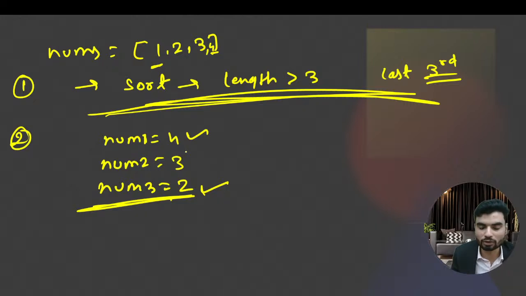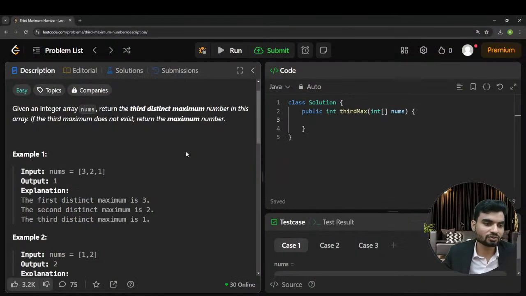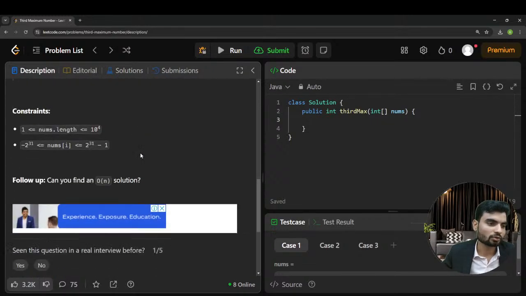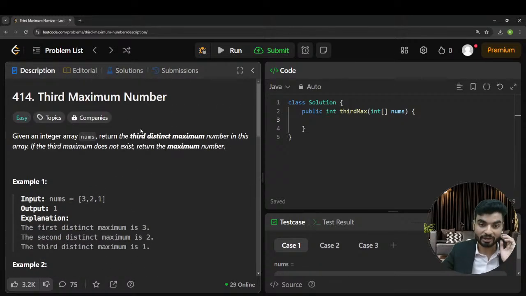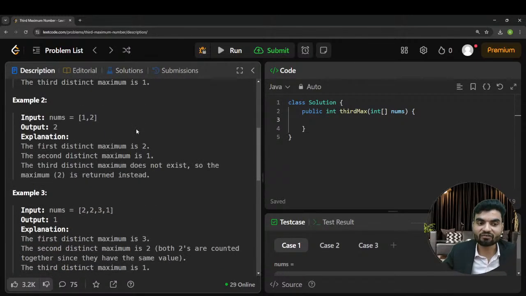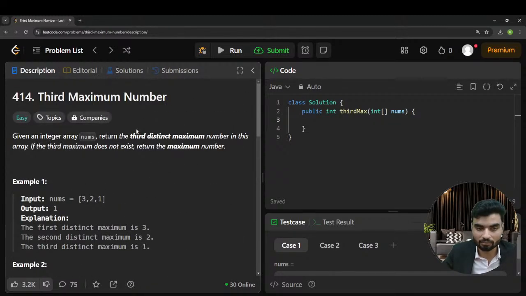Right? But how can we do this? Again, if we look at the constraints, go to the bottom, you'll see the constraint. We can have negative values as well. So again, if we want to figure out the maximum number, we have to compare the things. And if we have negative values, we cannot assume the value of these variables num1, num2, num3 to be